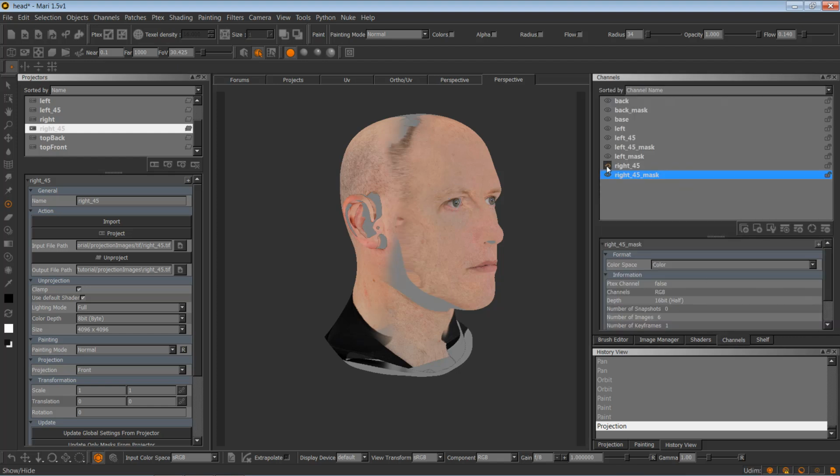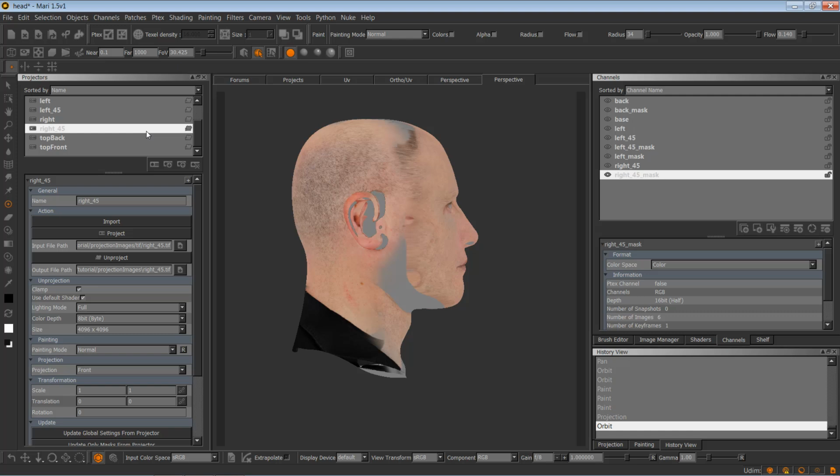So we can just show and hide that just to make sure we've got rid of all the bits we need to get rid of. Yeah, so then if we go to our right camera,